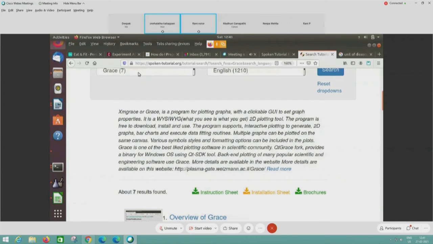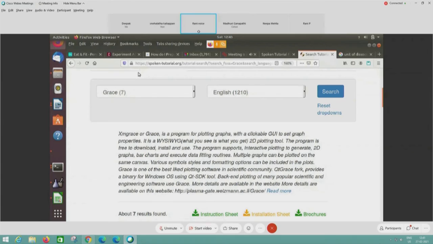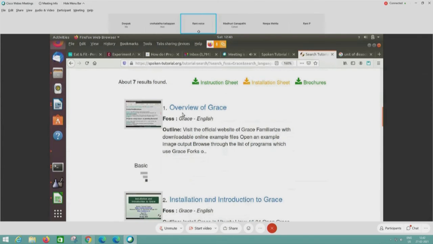Grace is a short tutorial series mainly for the school series. The colleges and engineering colleges also can use this. It is one of the most popular programs in engineering and science. The first tutorial is about overview, who can use Grace, and so on.